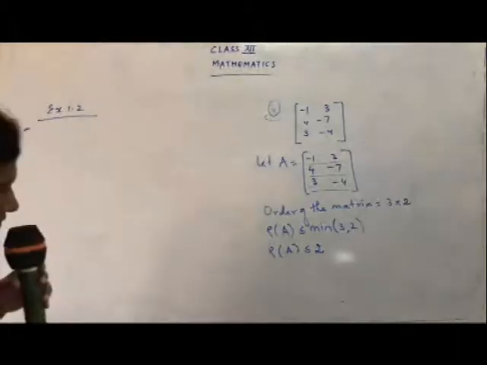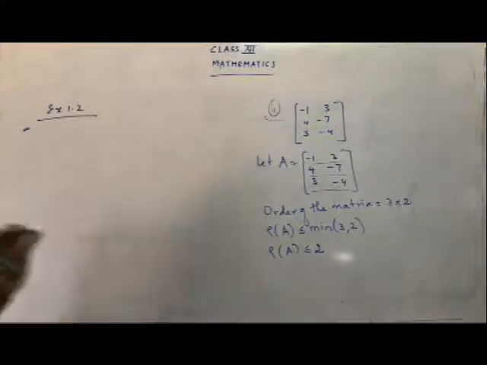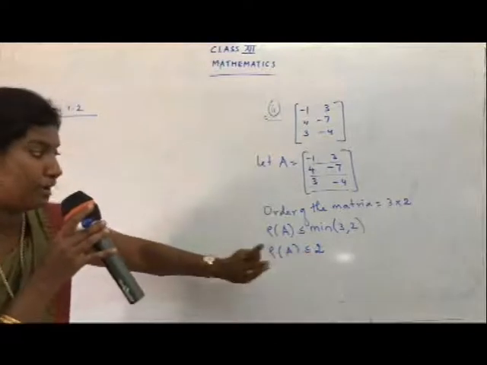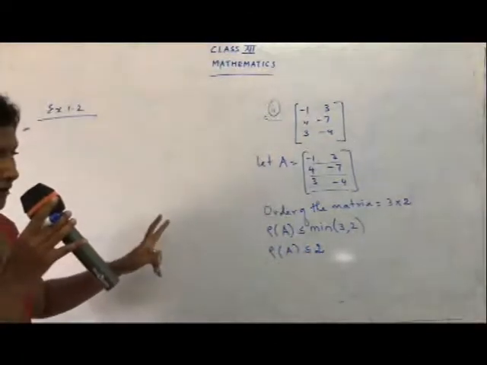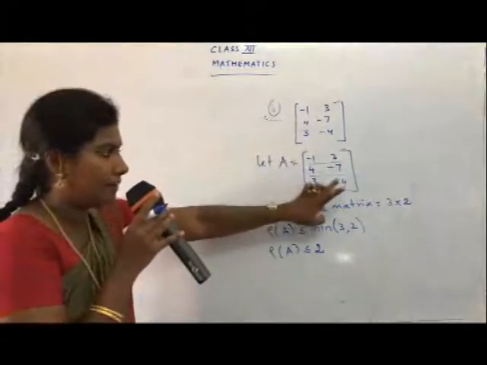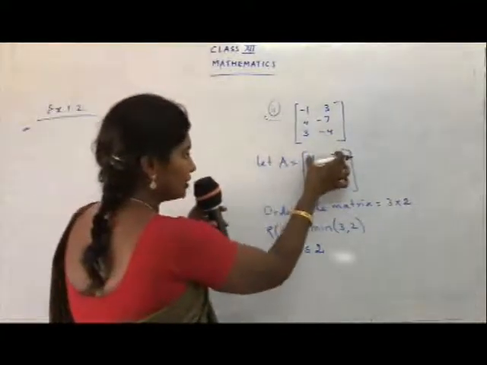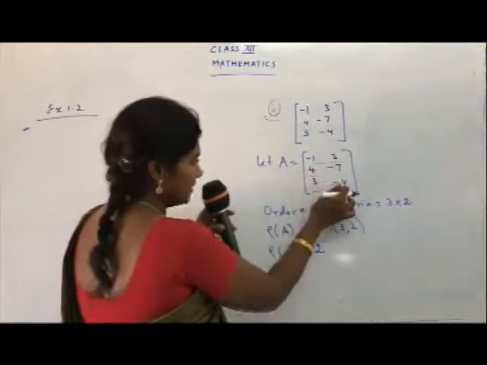Okay, so what do you get here? So rank of A is less than 2. So now you are going to choose. It's a 2 order, no? I have told you that it may be 2 or it may be 1. So you have to choose second order minor, or you have to choose first order minor as in the previous case. And when you choose the second order minor, you have your own choices. There's a lot of choice for you. You can just choose minus 1, 3, 4, minus 7, or you choose 4, minus 7, 3, minus 4.